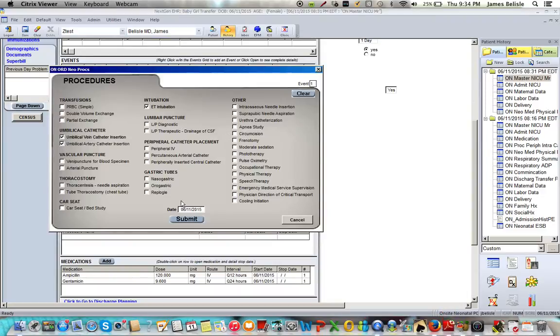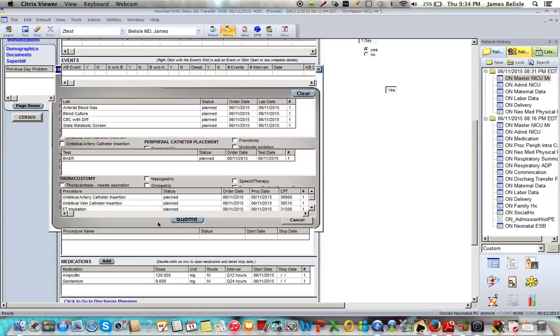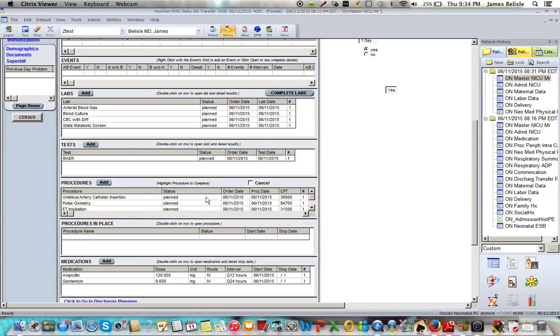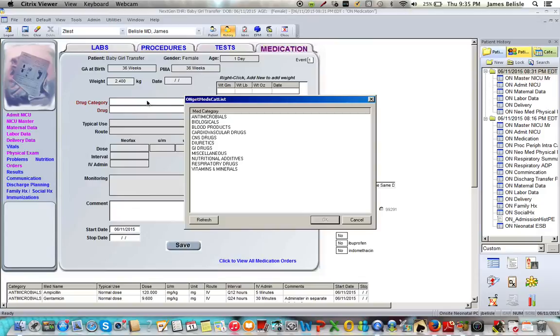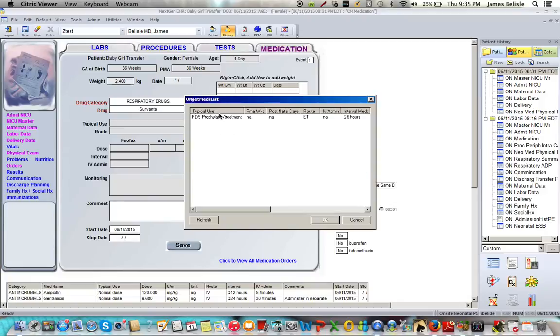Okay. All right. I'm not going to go over how to do those procedures. You can look at one of the procedure note videos, but let's just say they are all done. Okay. And I have my medications. I most probably have given some surfactant. So I would go, if this thing won't freeze here, respiratory, Survanta, okay,